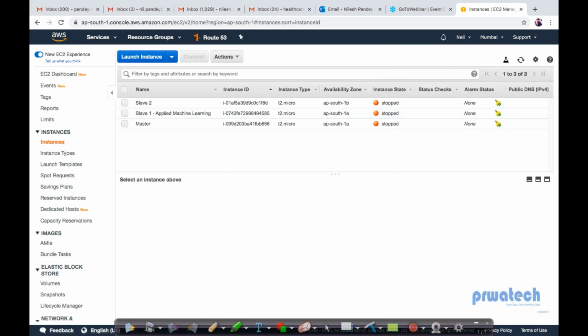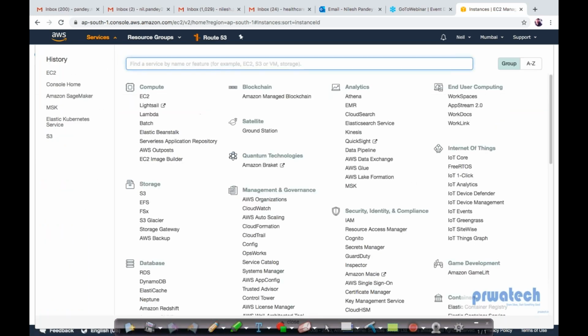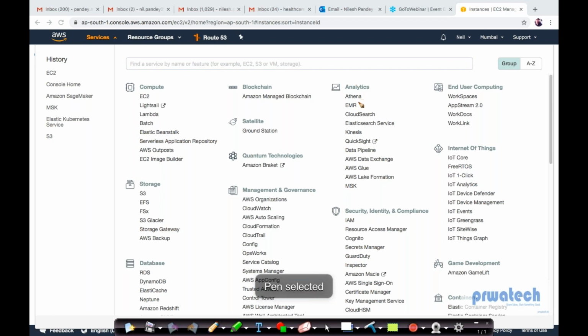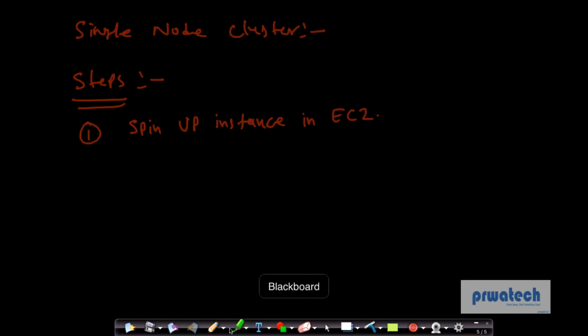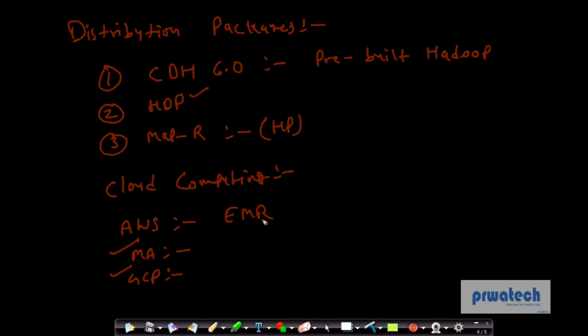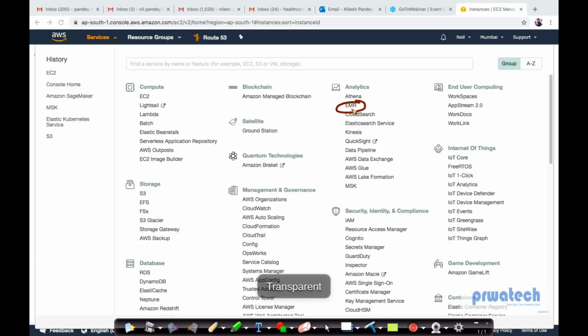Once this is done, I'll go to services, and these are all the services provided by Amazon. I was talking about this service, EMR. This EMR is all inbuilt or pre-built. Here we have all the Hadoop services already available. So EMR is good for development tasks, not for cluster setup. Cluster setup activity is good with EC2. EC2 stands for